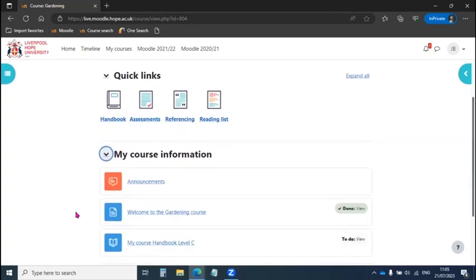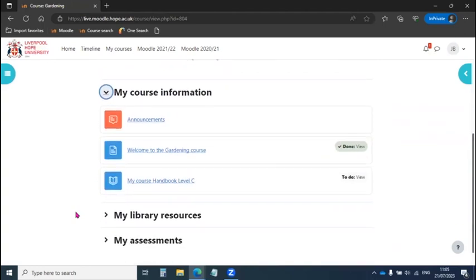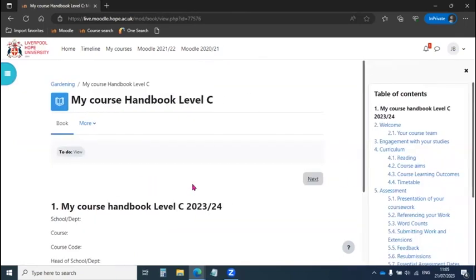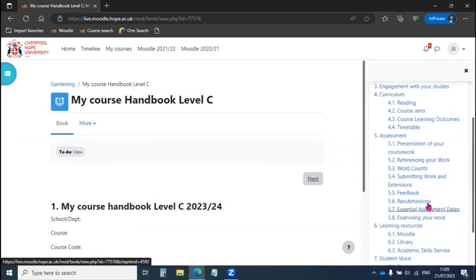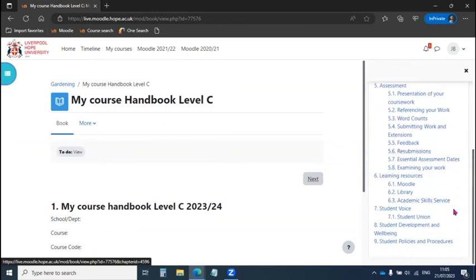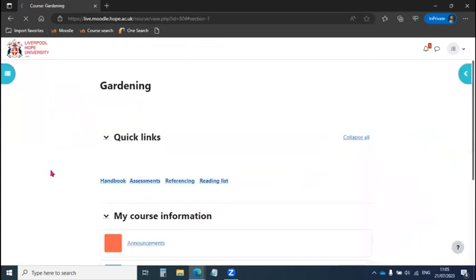Under My Course Information, you will find the announcements for the course, a welcome to the course, and your course handbook. When I click on the course handbook, it will open up the table of contents with all the information that is related to your course. Make sure you read the handbook carefully. A lot of the information on your course will be in there. Going back to the course,